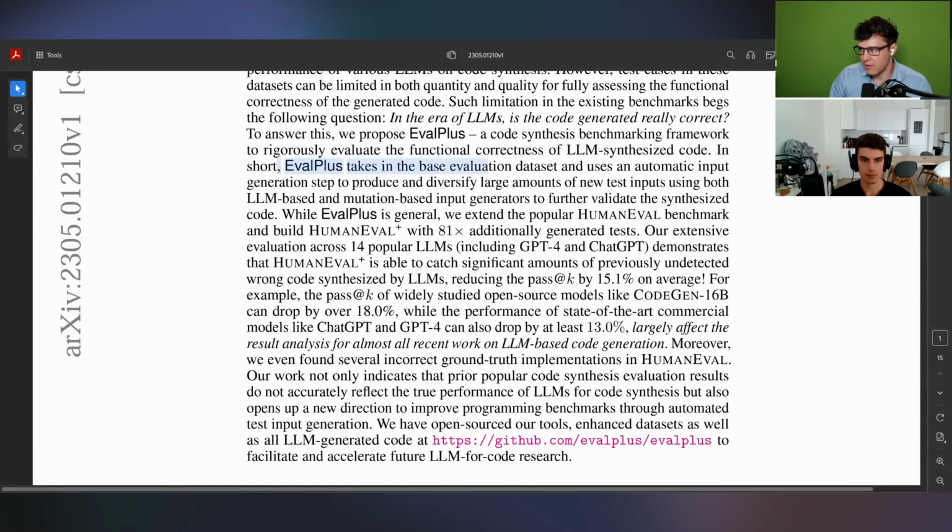EvalPlus takes in a base evaluation data set. This is HumanEval that has been used before, but they use an automatic input generation step to produce and diversify a large amount of new test inputs using both LLM-based and mutation-based input generators. While EvalPlus is general, we extend the popular HumanEval benchmark and build HumanEval+ with 81x additional generated tests. Nice. Our extensive evaluation across 14 popular LLMs, including GPT-4 and ChatGPT, demonstrate